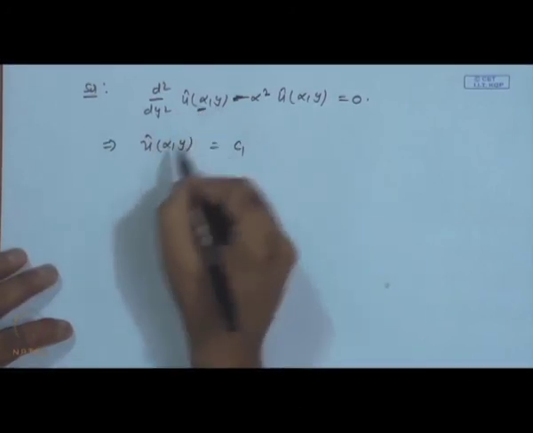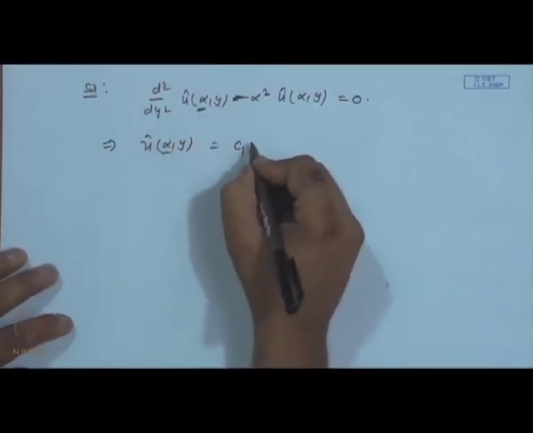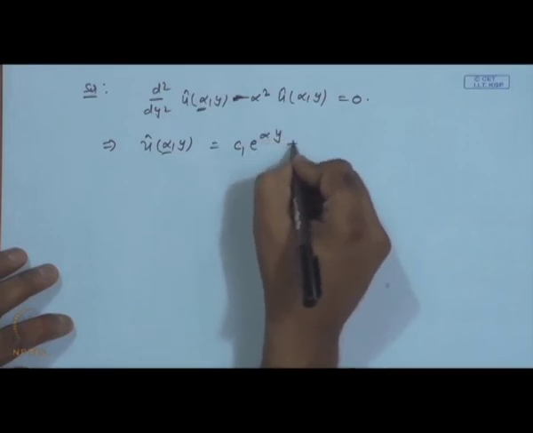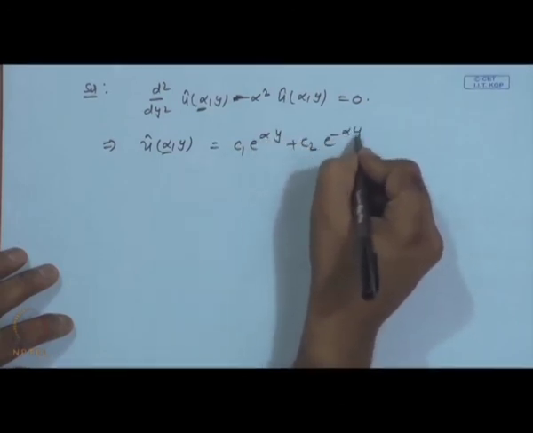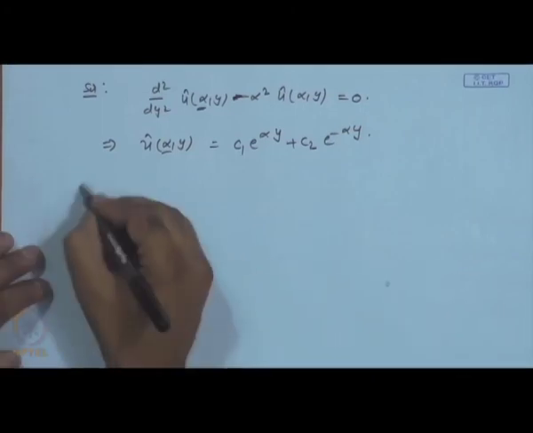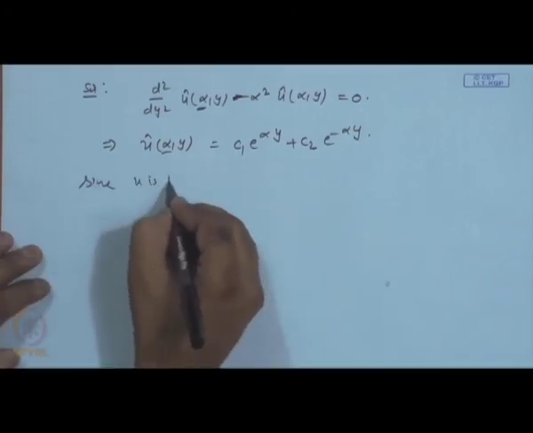With respect to x we have taken this Fourier transform, and the condition is given that u is bounded